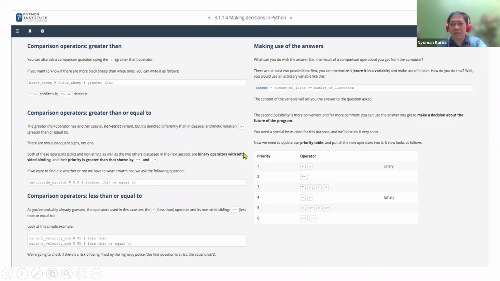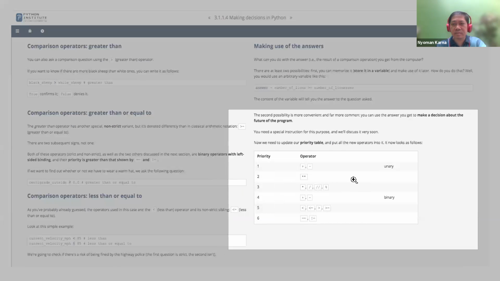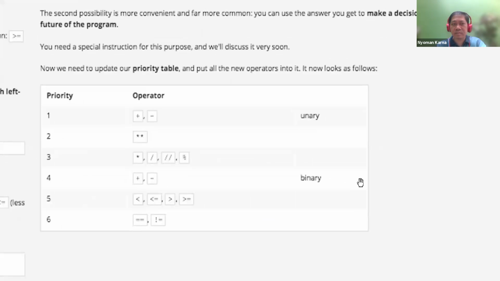So we have something like this: less than or equal to, bigger than or equal to, or not equal to.